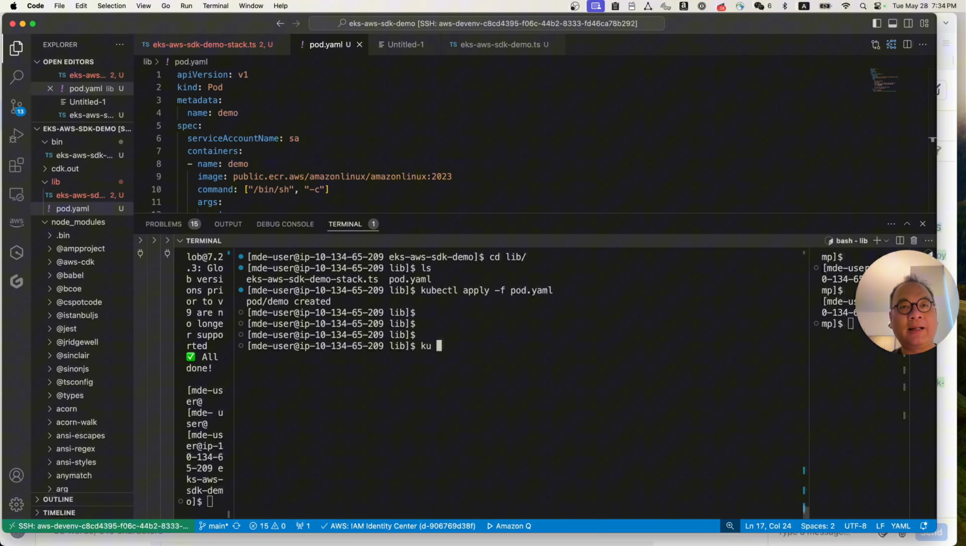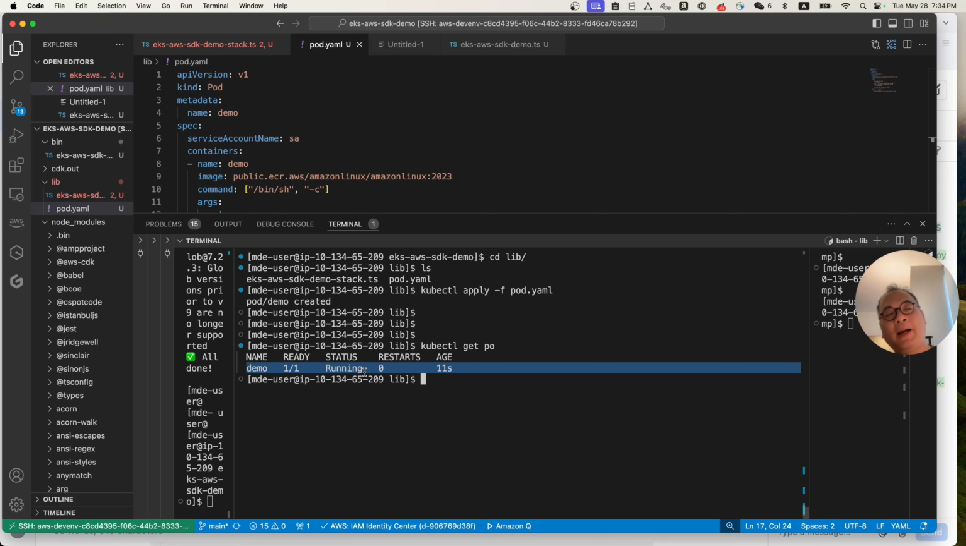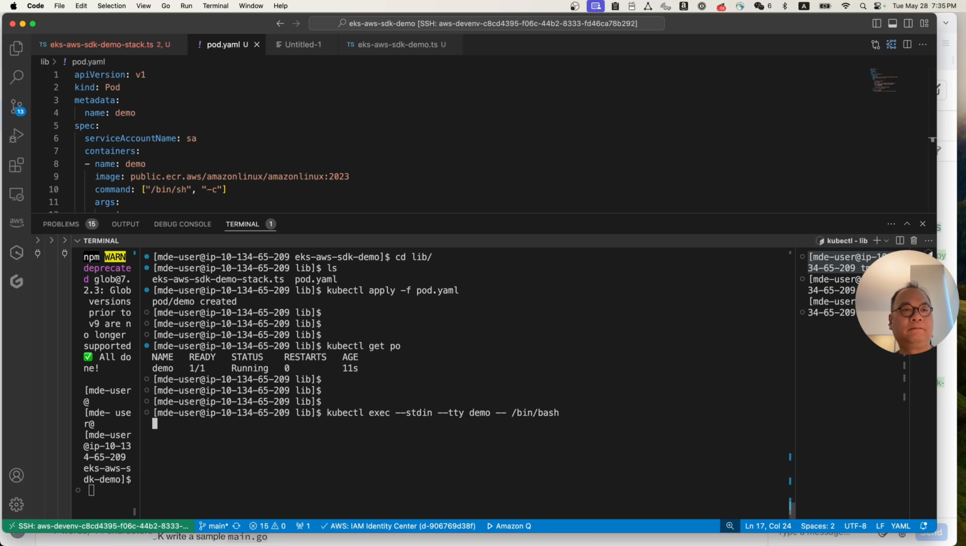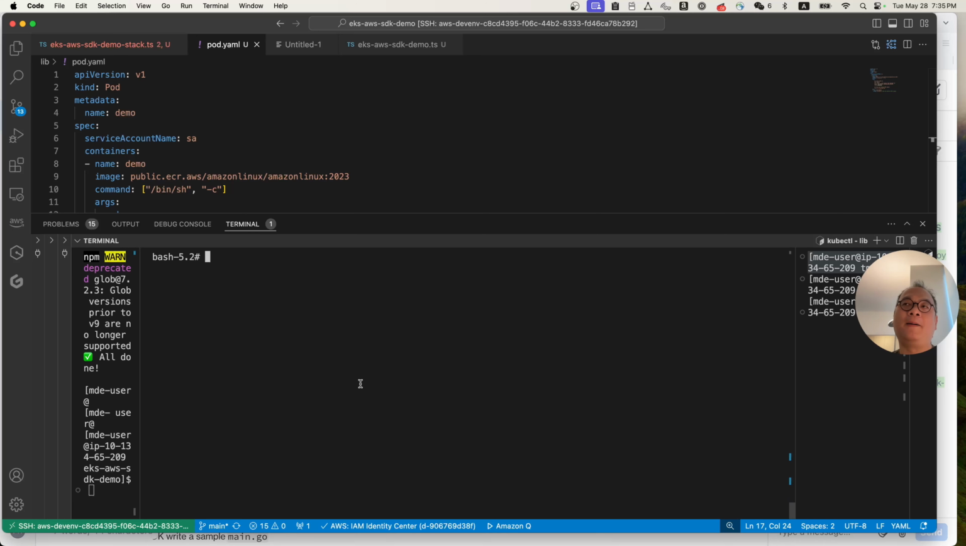So if I get pods, we should have this pod running. Yeah, demo running, right? Which is great. So now I should be able to get into the shell of that pod. Okay, we are in. So now we are in the pod. If we look at top, okay, no top. Anyway,